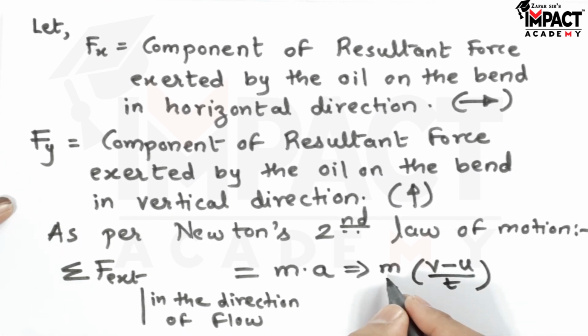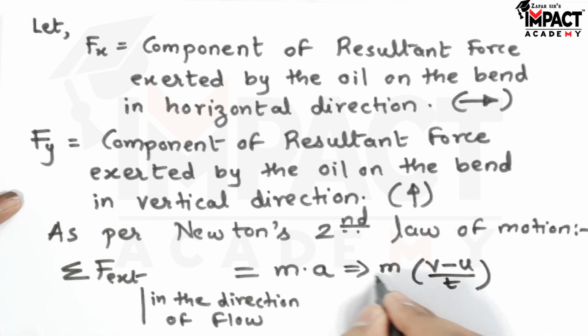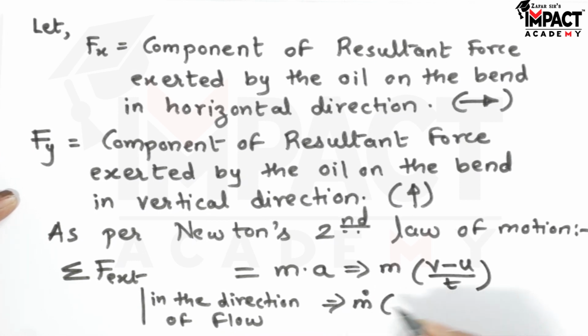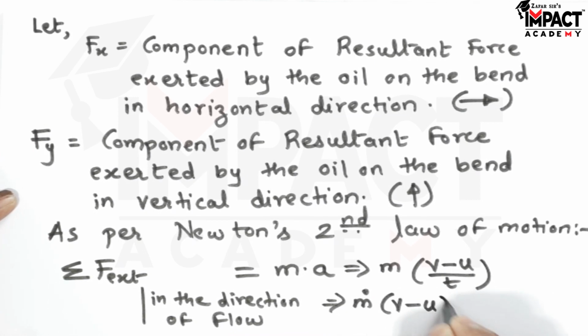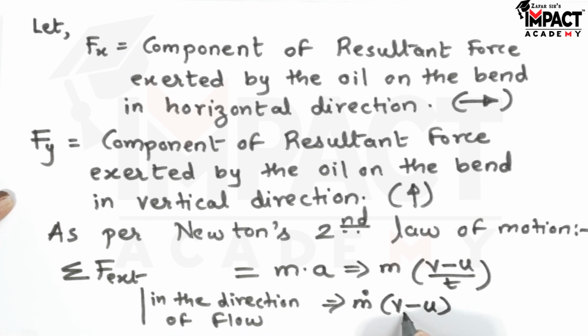So here this mass is having a unit of kg, so when I divide it by time, that is m by t, it becomes mass flow rate, that is m dot, which is kg per second, into v minus u. So m dot into v is called as the final momentum, minus m dot into u is called as the initial momentum. So basically the equation which I'll use is summation of all external forces in the direction of flow is equal to mass flow rate into the final velocity minus initial velocity,